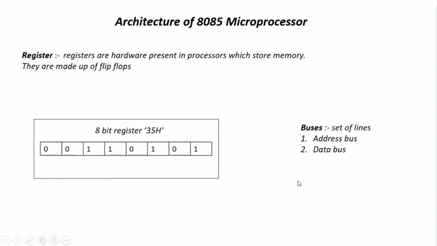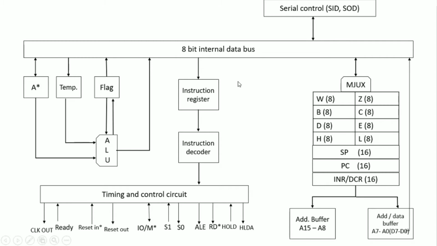Now let's move forward. Guys, this is the complete architecture structure of the 8085 microprocessor. Here you can see that it is a very large structure and it may seem difficult. But don't worry, I will explain each and everything of this structure and then you can easily understand it. Before understanding this, we have to understand some other things first. So let's get started with that.